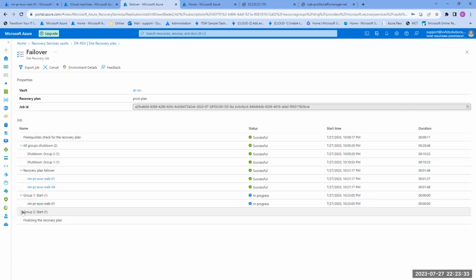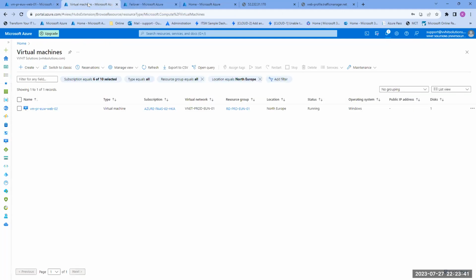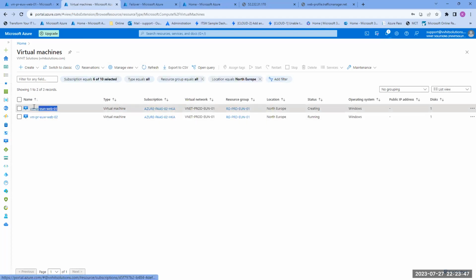So now the failover is in progress. I think this is where the virtual machine is going to be created, and it will be up and running. So now we can go back to the North Europe location and try to refresh this. You can see the virtual machine is being provisioned. You can see it's creating, and once it is created, the status will change to